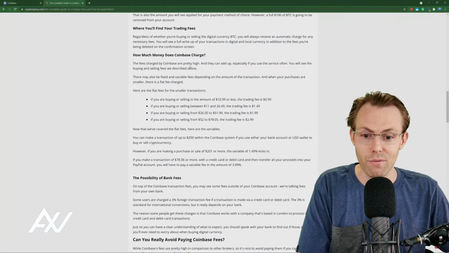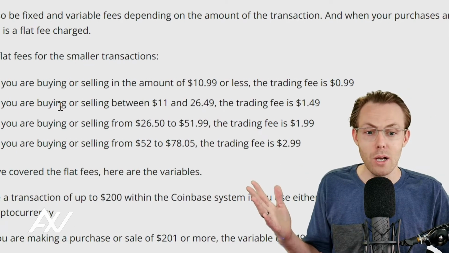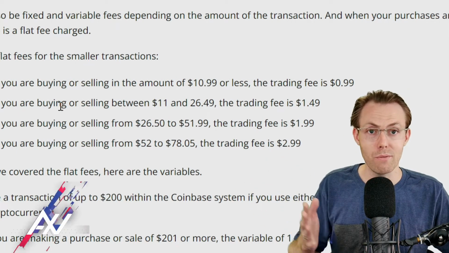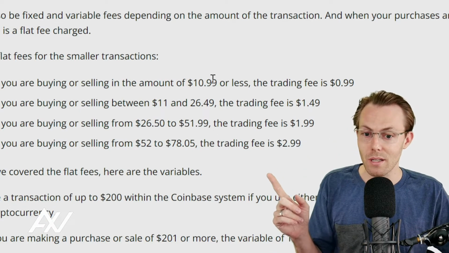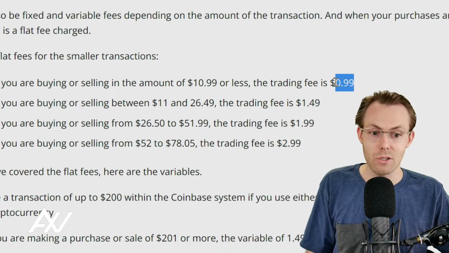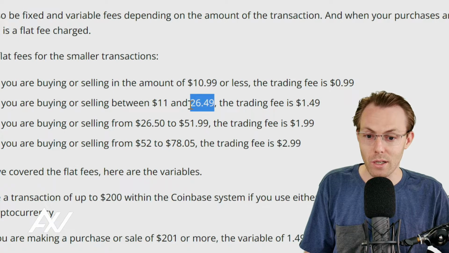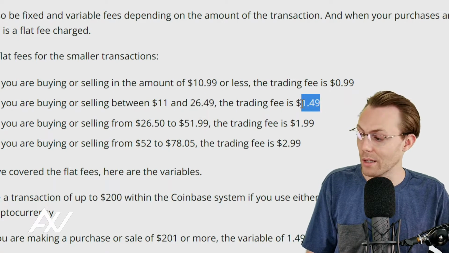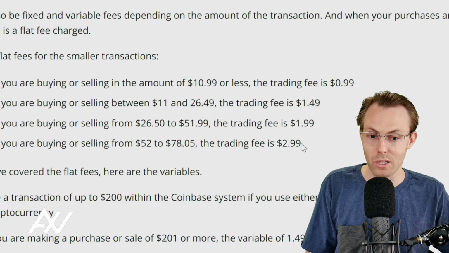So let me tell you about the fee structure really quick on Coinbase to help you maximize how much money you're keeping versus giving Coinbase if you decide that you want to sell. So $10.99 or less transactions, your fee is 99 cents. That's a savage fee. That's like 10% or more. $26.49 or less, your fee is $1.49. It's a little better. $51.99 or less, you're looking at $1.99 for your fee, and $78.05 or less here, you're looking at $2.99 for